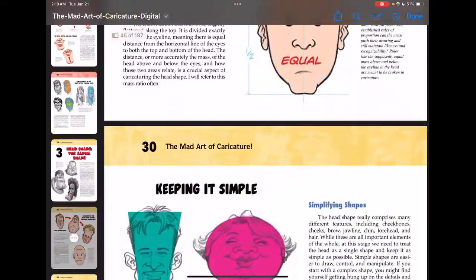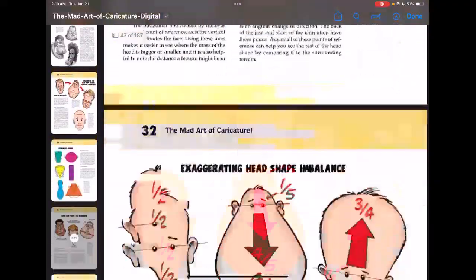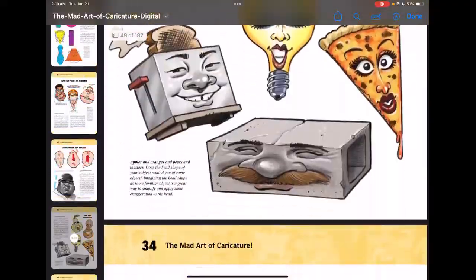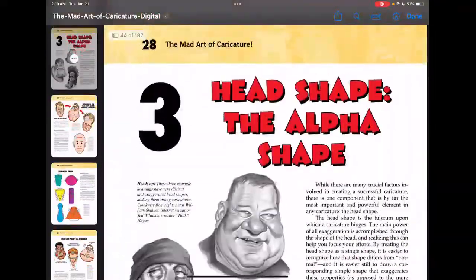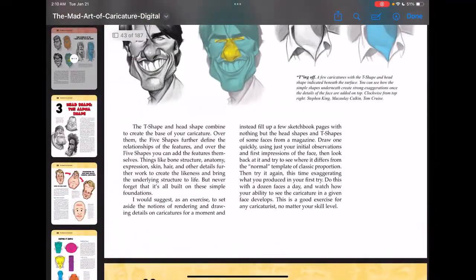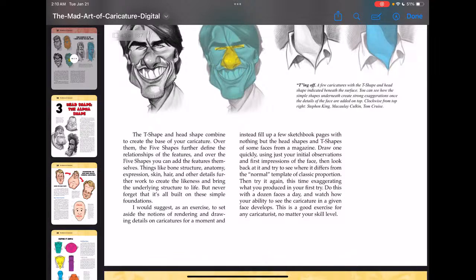All right, so that's really all I wanted to read. And I think I'm going to practice that exercise that he talks about. Fill up a few sketchbook pages with nothing but the head shapes and T shapes of some faces from a magazine, without drawing details.